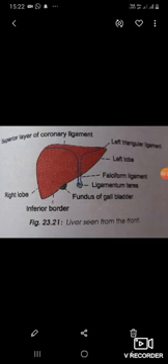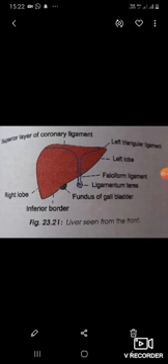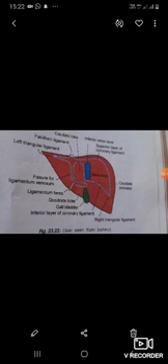The caudate lobe is situated on the posterior surface. It is bounded on the right by the groove for the inferior vena cava, on the left by the fissure for the ligamentum venosum, and inferiorly by the porta hepatis. Above it is continuous with the superior surface. Below to the right, just behind the porta hepatis, it is connected to the right lobe of the liver by the caudate process. Below and to the left, it presents a small rounded elevation called the papillary process. You can see in this figure.